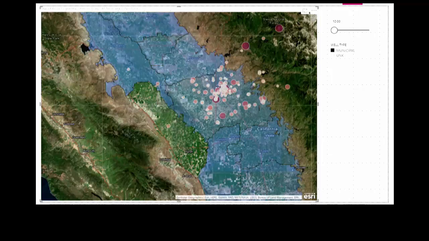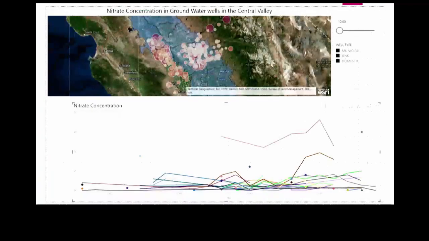Once I've got something like this, I can start throwing it into graphs. I can start looking at things. I can start analyzing the data within Power BI and start playing around with stuff like this. So here, really quick, I put my filter back off up here, but this is the municipal groundwater data, or groundwater wells with the nitrate data. And you can start seeing some patterns here. What are the wells that we need to be concerned about?